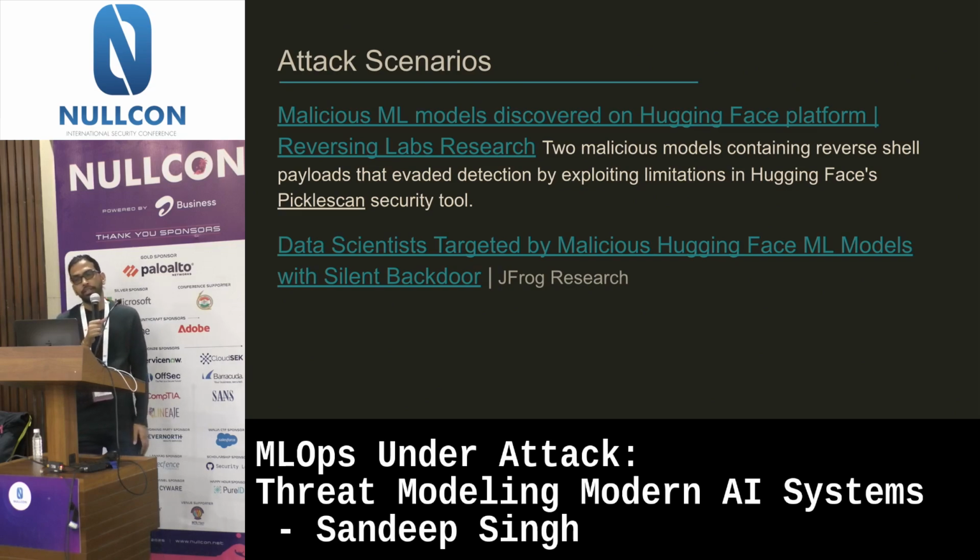But it's still not perfect. Just a week ago, researchers from ReversingLabs picked up a bunch of models that were acting maliciously. The reason they were not being detected is that they were using the PyTorch file format. PyTorch is Pickle, but it's wrapped in a zip file. Similarly, the JFrog research team detected a couple of malicious AI models, and they were again exploiting Pickle. So the amount of exploitation that has happened on Pickle file formats in the ML world, and especially on Hugging Face, is enormous. I think they'll come up with more robust controls sooner or later.